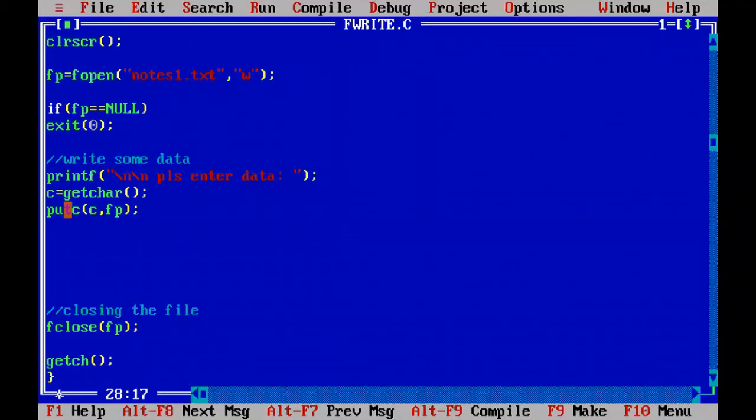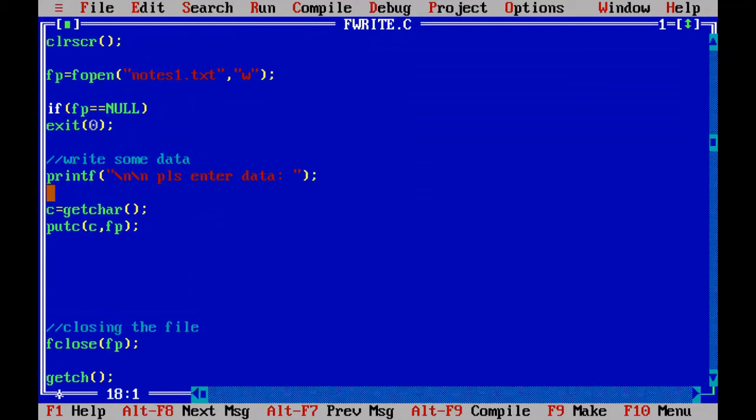So how many times are you going to repeat? That many times you are going to write characters. That many times we have to repeat the getchar function and putc function. These two functions must be repeated. So how many times? We don't know, because whenever you are writing any text, you don't know how many characters it contains. Because we don't know how many times the loop will iterate, we will use a while loop. When you know the exact number of iterations, we use a for loop. When you don't know the exact number of iterations, we use a while loop.